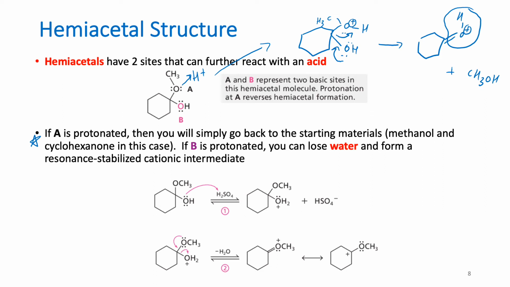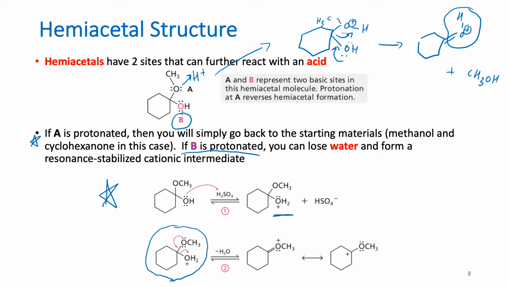But notice that if B is protonated, you can actually lose water to form a resonance stabilized cationic intermediate. So that's what's shown down here. You have that same structure indicated in the bullet point above, and this time you're using B to do the protonation. And so it gets protonated by sulfuric acid, yielding OH2+. Recall that that's nothing more than a good leaving group, and that leaving group would be water. So what happens is, if you follow this mechanism right here,